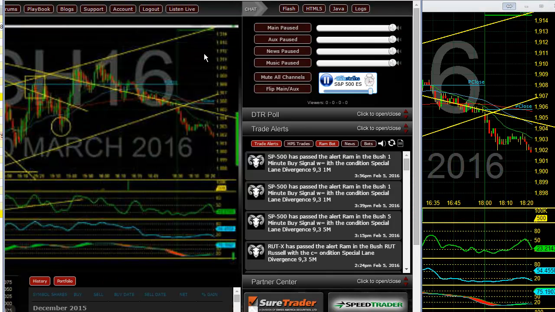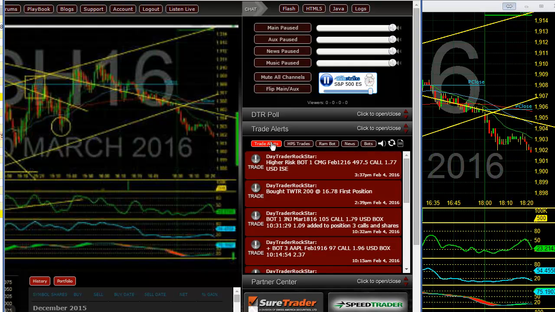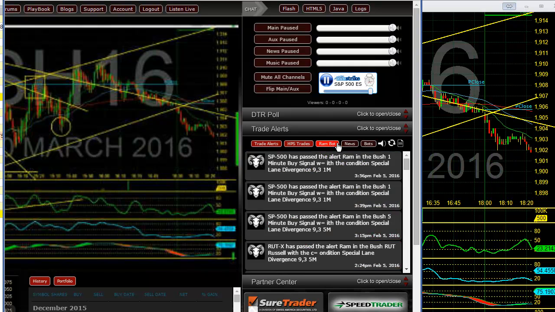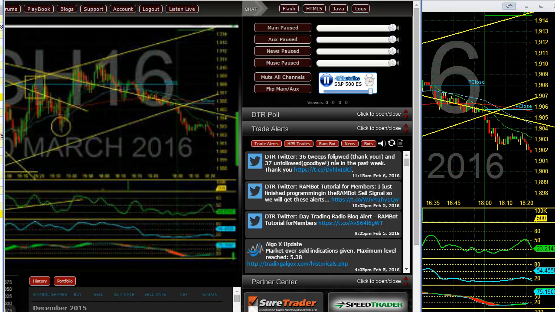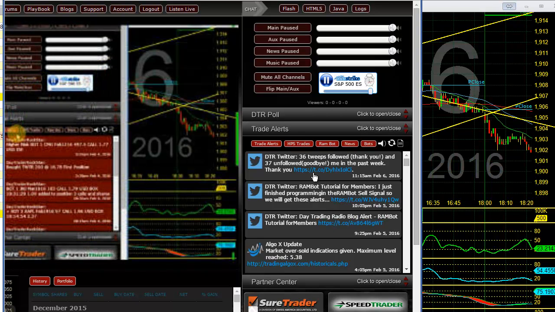All right, the dashboard is where you're going to get those alerts. I just want to make sure that everyone's familiar with where you get them. Here is where my trades, the HPS setups, get triggered. The RamBot is right here. You can turn them all off if you want; if you get rid of them all, it's black. You could pick what you want: my trades, the HPS trades, the RamBot, the news, Financial Juice, and some other bots which filter in Twitter and some other cool stuff on the site. And then of course everything else that goes along, all the audio channels, the news channel, music channel, auxiliary channel, but that's where everything's going to show up.